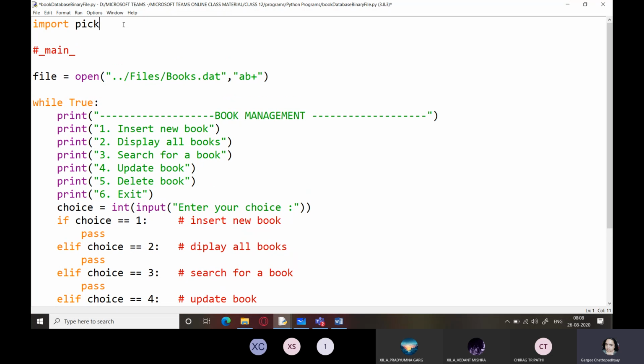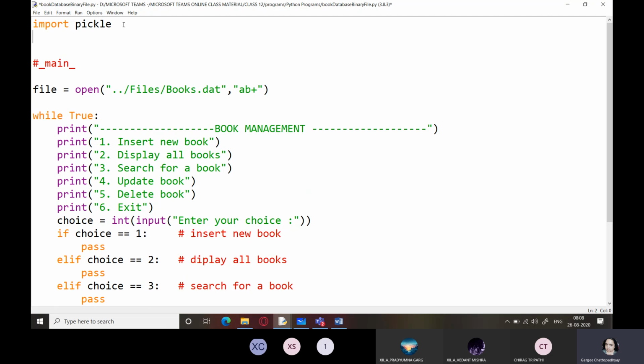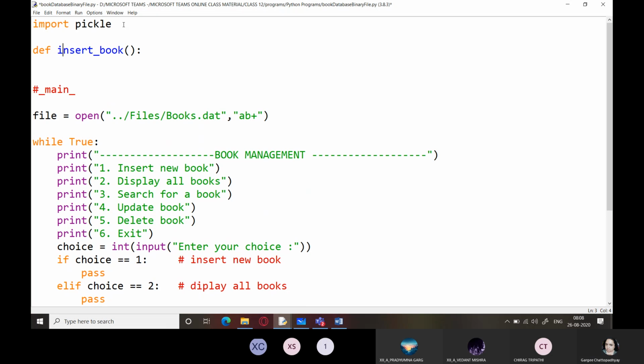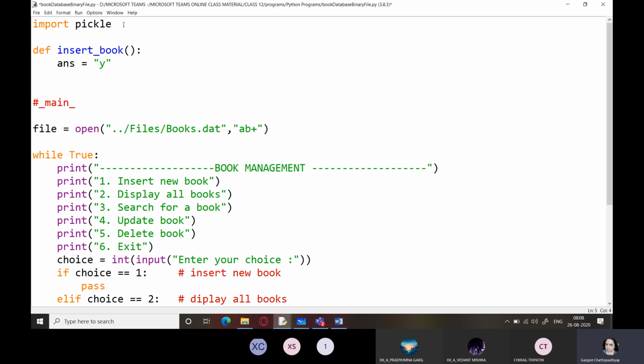First we will import pickle. Second, we are going to start with the function for insert, so insert book. And for this, first we will ask for the values from the user. So let's say I'll take ANS equals Y, while ANS